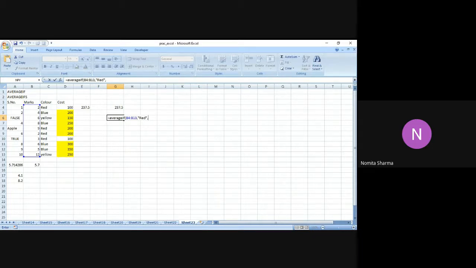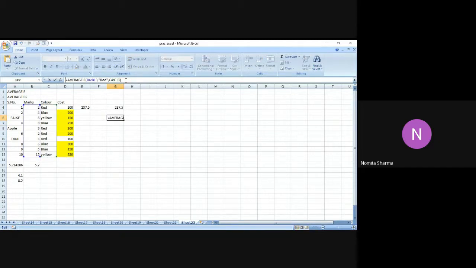So just wait. Let me just practice. If I close the bracket, will I get the answer? No, I will not get the answer because I have to actually mention from which column it has to seek the red color. So for that, I have to give the average range also. So I write this option, and then I enter the bracket.